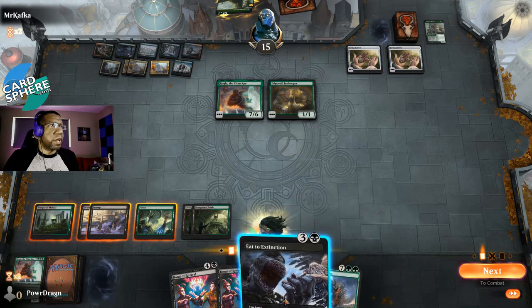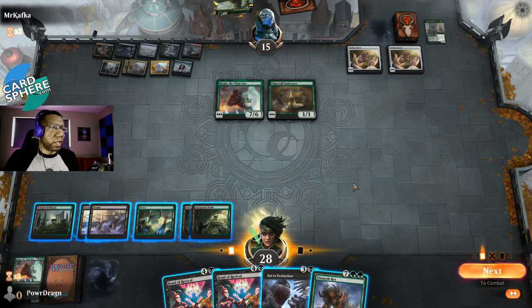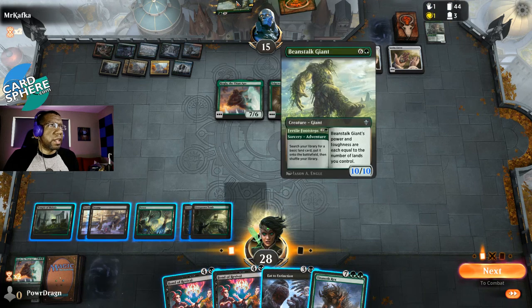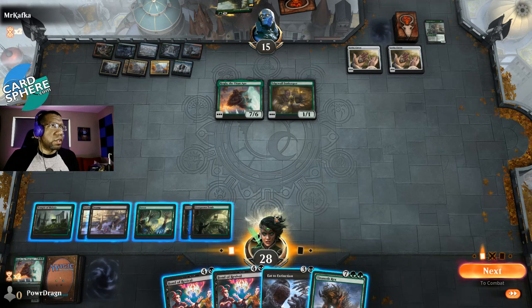They have so many lands in play. I'm actually going to need this for that, which sucks. So I may need to actually get out our Kolga to kill their Edgewall Innkeeper. Let them play this, and then see if we can Eat to Extinction,